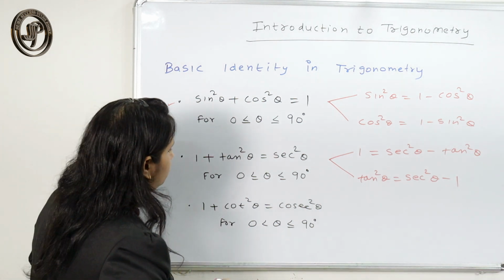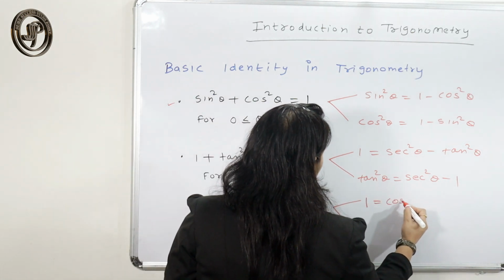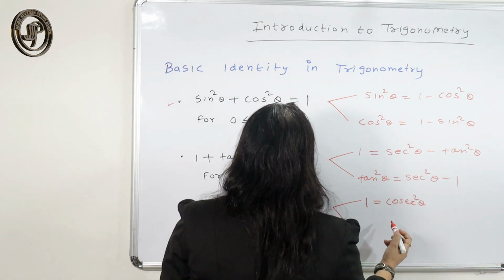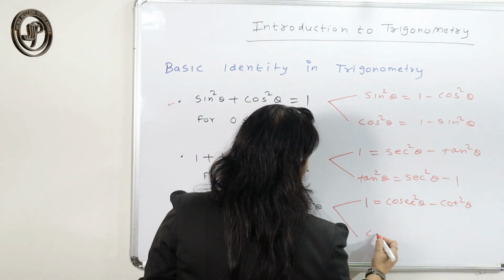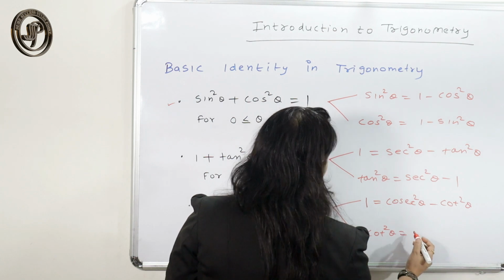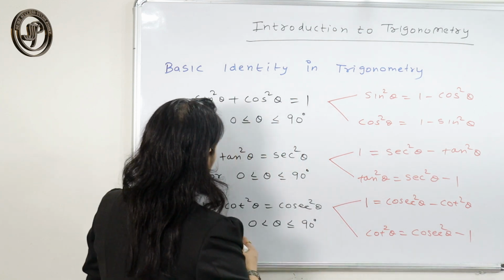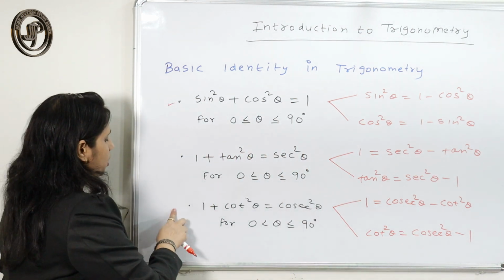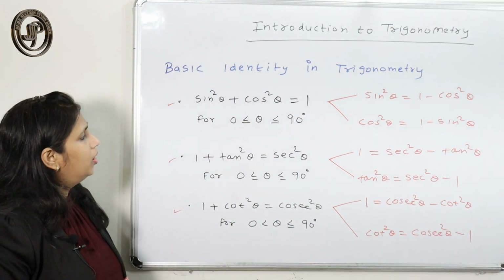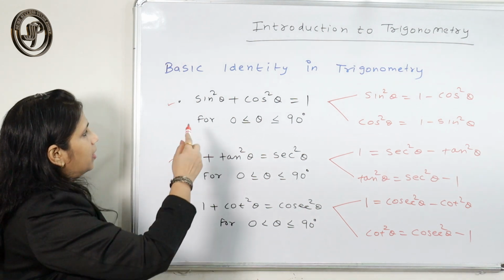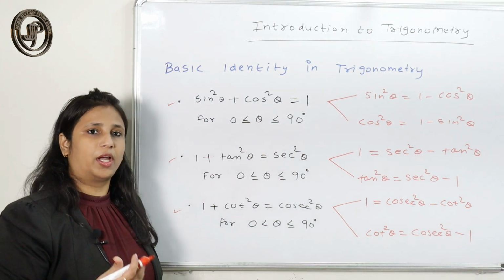Okay, so here also we can write 1 equals cosec square theta minus cot square theta, or cot square theta equals cosec square theta minus 1. So from this also we can derive the three. So these are the three basic identities with the different ranges. Okay, so these three identities you need to memorize to solve the questions that we are going to do